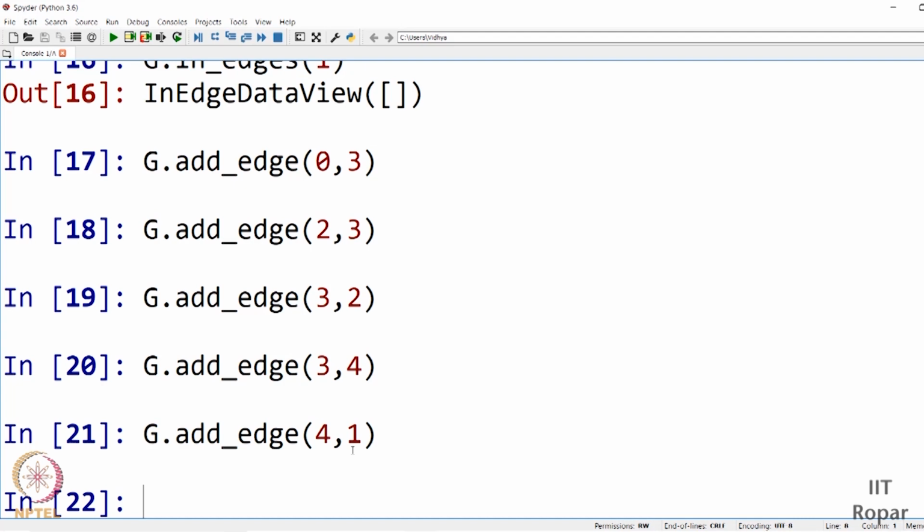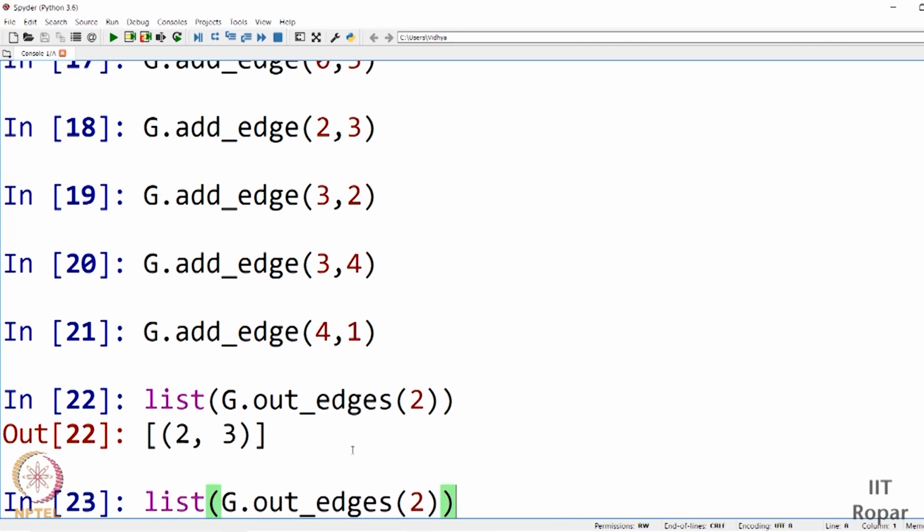You cannot guarantee that there will be an edge. So this is the speciality of a directed graph, as you could see. So now if I say, as I have said, list, we'll convert into list given that it's easier for us. G dot out edges of any node. Say for example, let me say node 2.